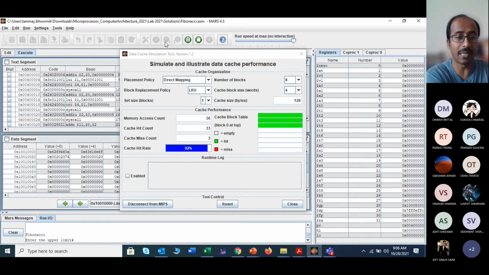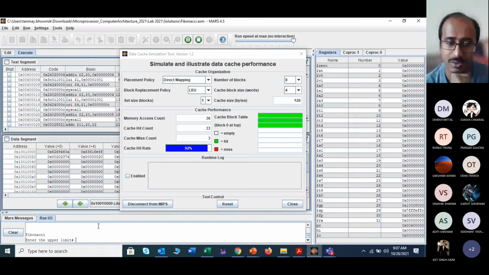Right now, where I have stopped, it says enter the upper limit. So it is asking me to enter some data, and I have not entered any data. So how is it calculating the cache hit rate? Because in your program you also kept this statement, enter the upper limit. That is also one execution, and that execution has been done. That is why it is showing at enter the upper limit, and your cache memory already has this data.